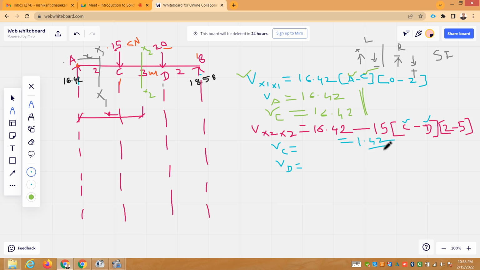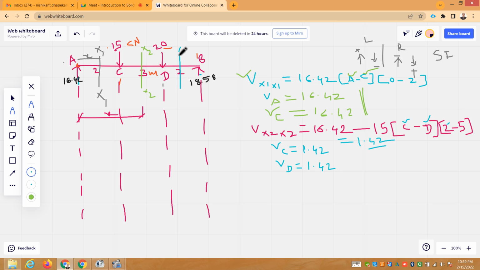So we cannot substitute the values 2 and 5 in this equation, there is no x variable. So shear force at C will be equal to 1.42, and shear force at D will also be equal to 1.42. Now you try to develop the third